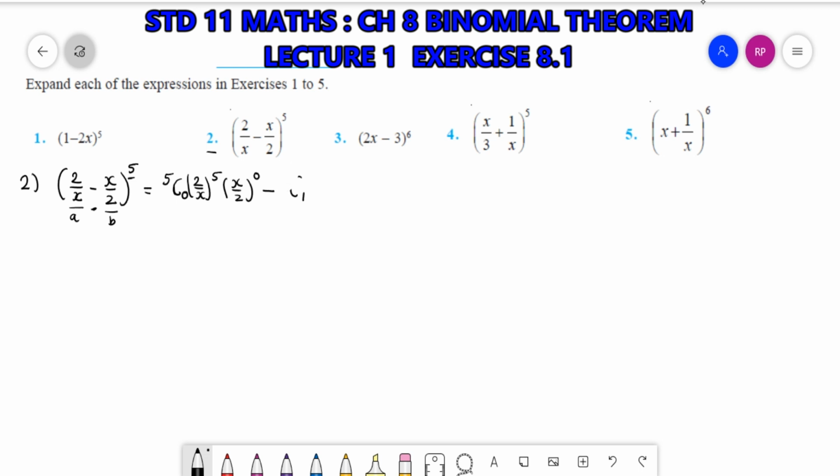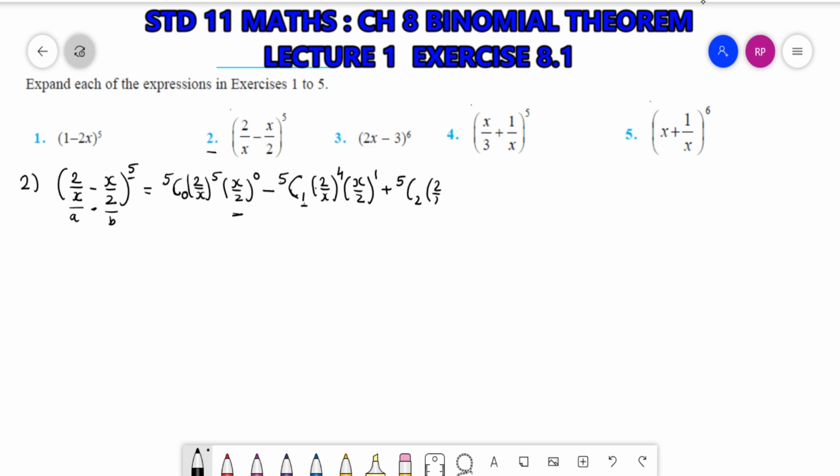Same way here. 5c1, a raised to n minus 1. Here, what is a? 2 by x. And n minus 1 is 5 minus 1, that is 4. And b, x by 2, power is 1. Now see, for a you need to reduce the power by 1, and for b you need to increase the power by 1. Okay, so now after minus, plus